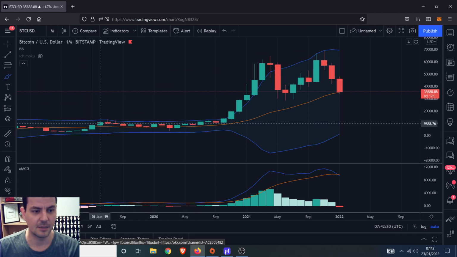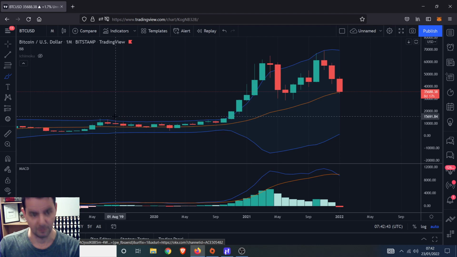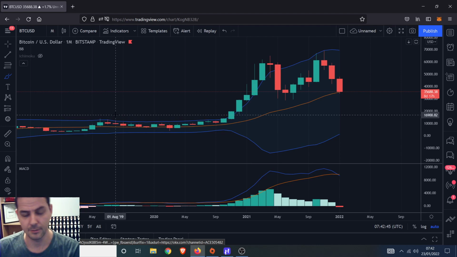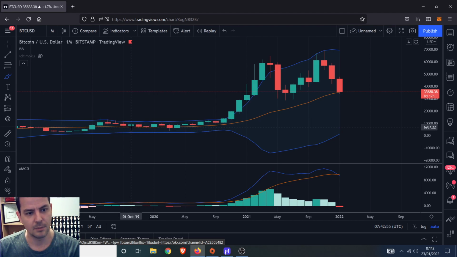This was 2019, when the bull market began, and we did a massive rally straight through the Bollinger Bands, no problem at all. It rallied an incredible amount, very fast, and then had to consolidate for longer because it was just too crazy. What happened here on the monthly is 1, 2, 3 moves down, a little green candle up, not much. Then 4, 5 moves down, but we tested the monthly Bollinger center, and it took 3 attempts to try and break down from it, to basically say, nah, we're not going to do it.